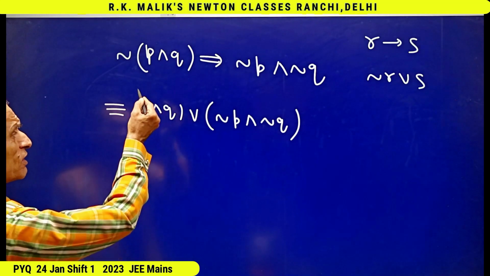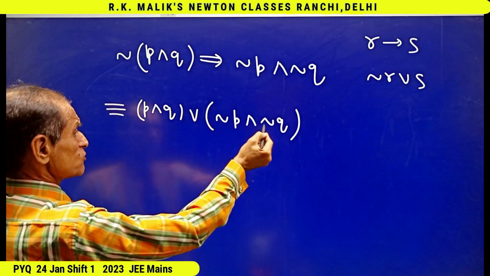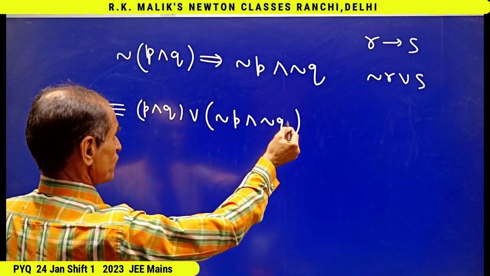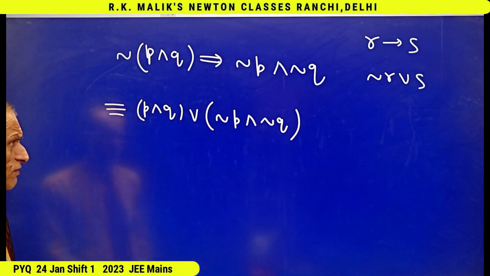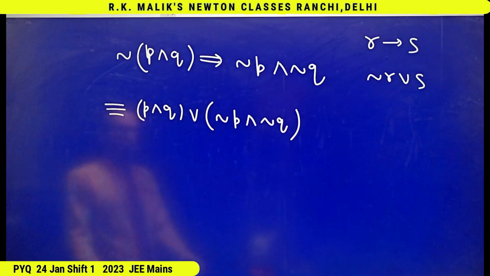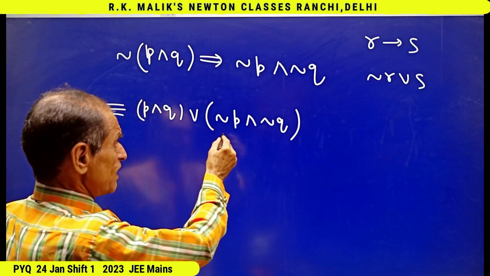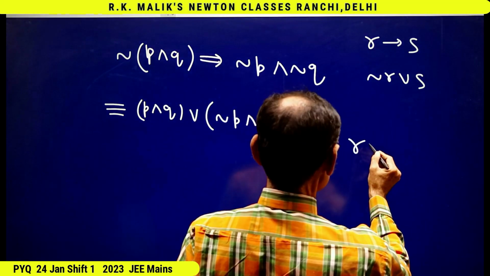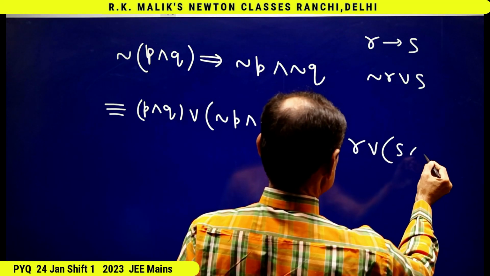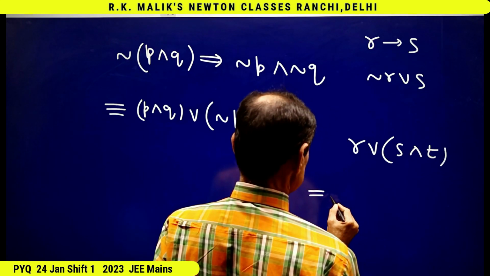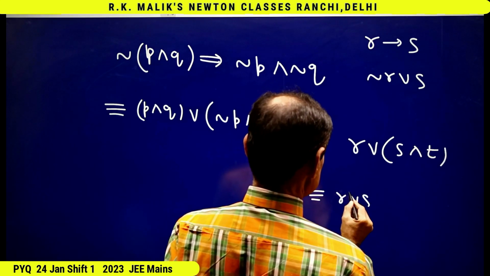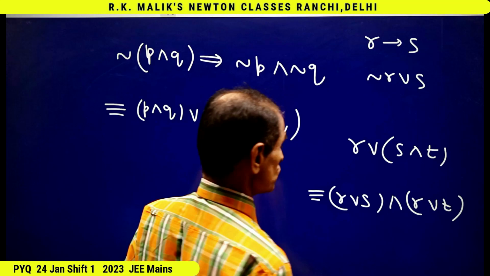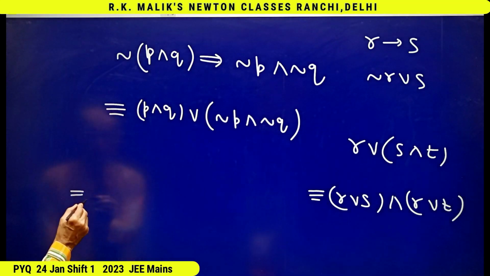Either I can proceed in this way, take this as R, this as two different S and T, or I take this as one and these two as two different. Both the methods will give you the same answer. If I take this whole as R, this as S and this as T, then I'll have to use the formula of R or S and T, which is equivalent to R or S and R or T. You must be knowing it. Hence, this is equivalent to